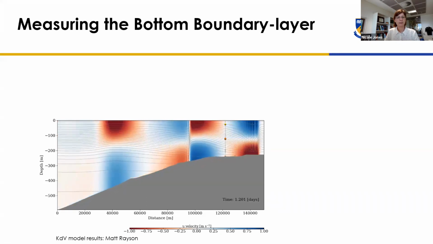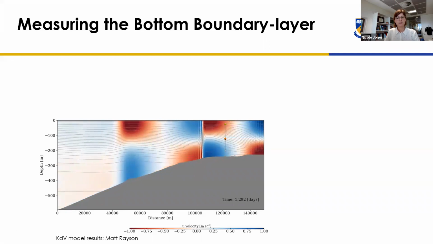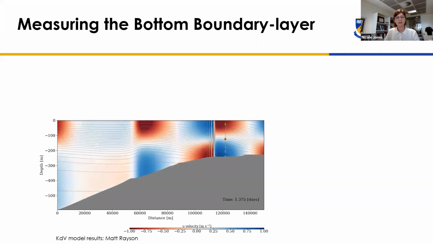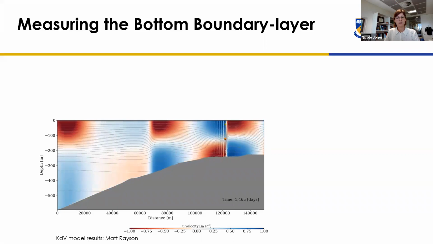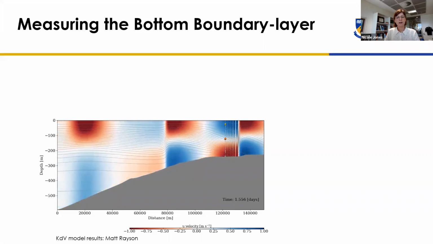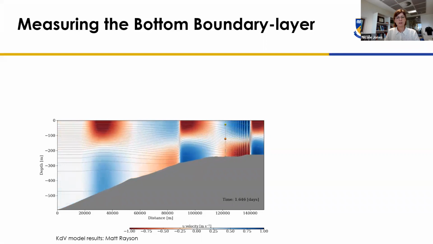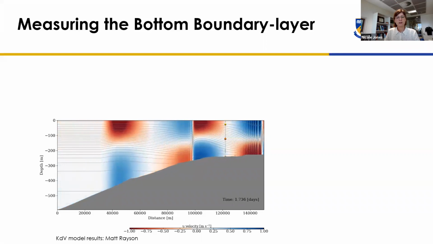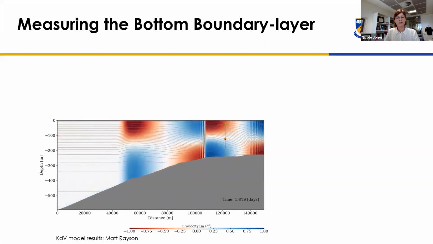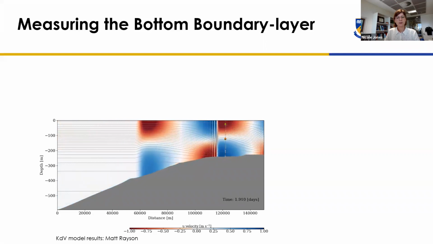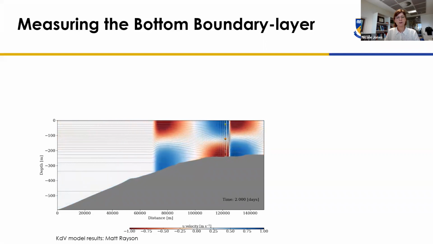site. So you can see we still have the large-scale signature of the internal tide. Here you're looking at the velocity in the cross-stream direction. And then with each internal tide, there's a steepening and a leading large amplitude, very steep wave, followed by a packet of waves. And so what we do to measure this is we put both through water column moorings to measure the temperature and velocity